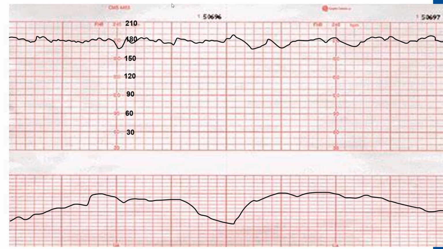So the patient is delivered by cesarean section. Couvelaire uterus was noted on table. There was a retroplacental clot of 200 gram. Baby's Apgar was 5 at 1 minute and 7 at 5 minutes. And there was bleeding noted post delivery, which was 2 liters. What would you do next?